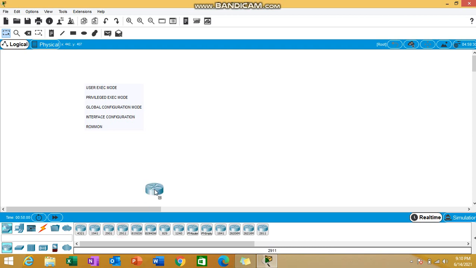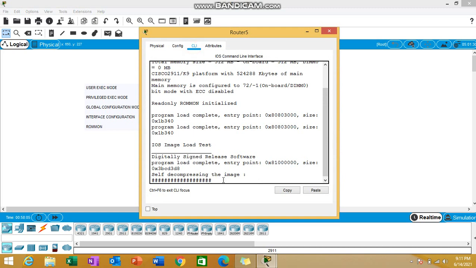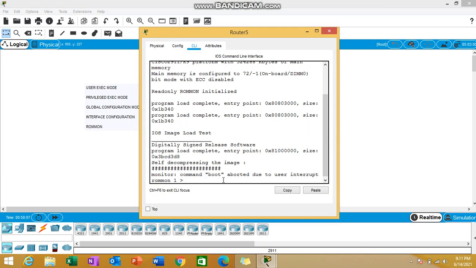Let me go to the router, double click, go to CLI. It is booting up, just press Ctrl+C. This hash sign indicates it's booting up, right? While it was booting, I simply pressed Ctrl+C to enter ROMMON mode. You can see it's ROMMON mode, right?